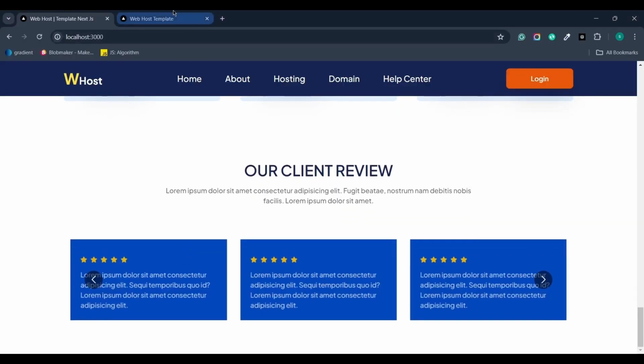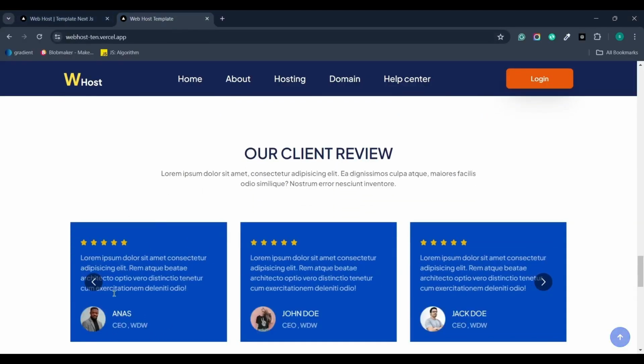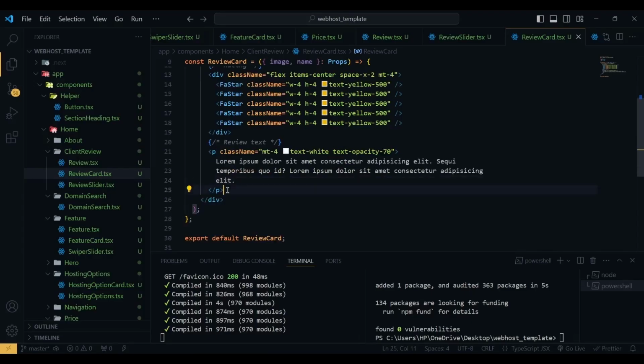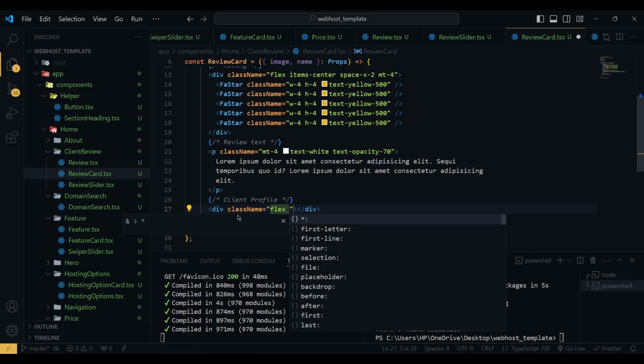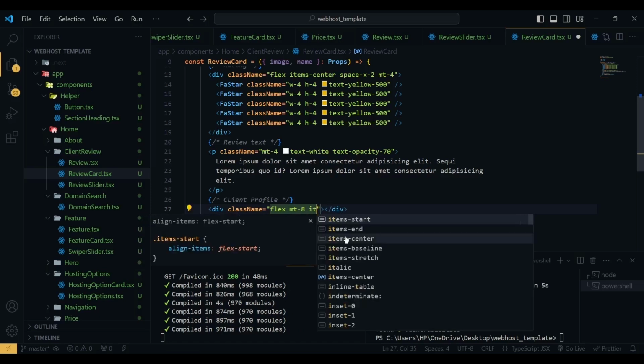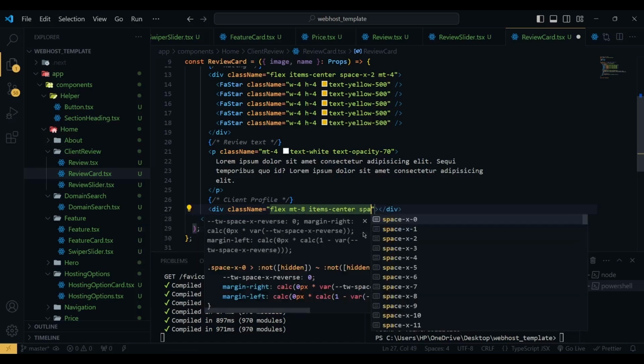So it looks nice. Then we have our profile for the client. So after the p we have client profile. For this one we have a div, and this div has a class name of flex. Margin top will be 8, items will be center, spaces will be 4,